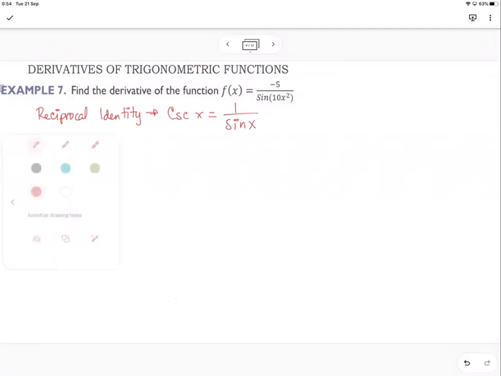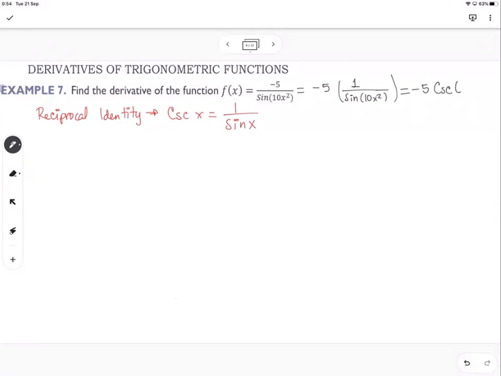Okay, if we rewrite this expression, as you can see, we have 1 over sine. Okay, so this is going to be using the trigonometric reciprocal identity. This is going to be -5 cosecant